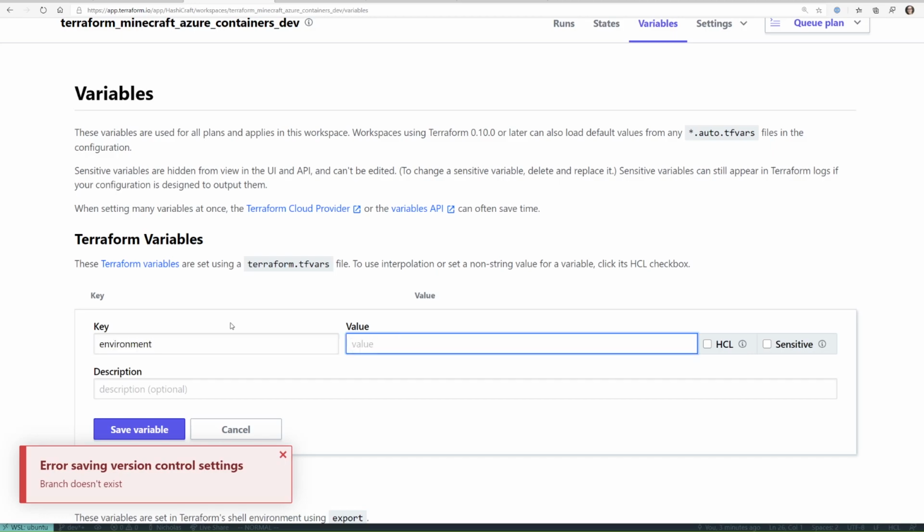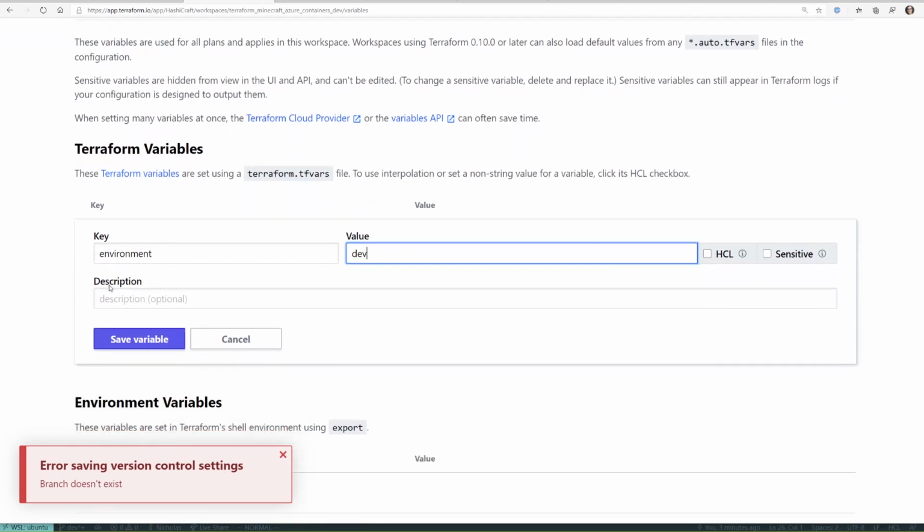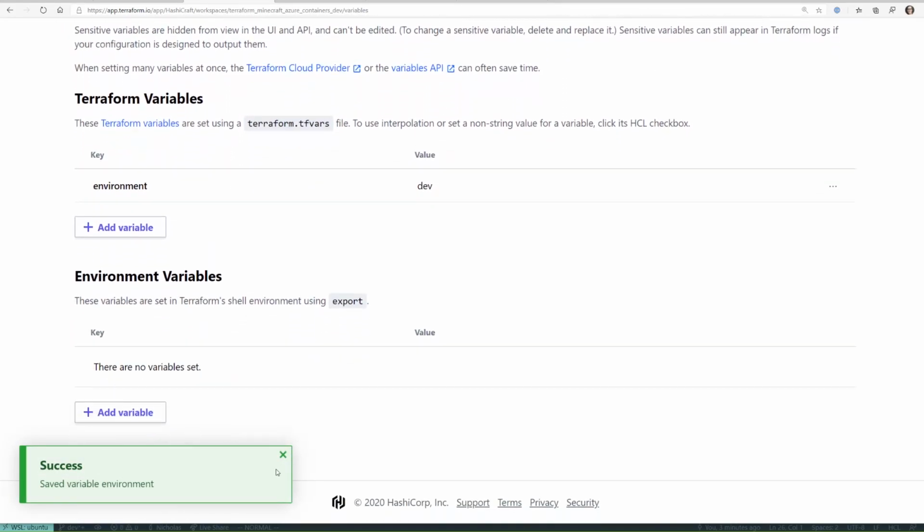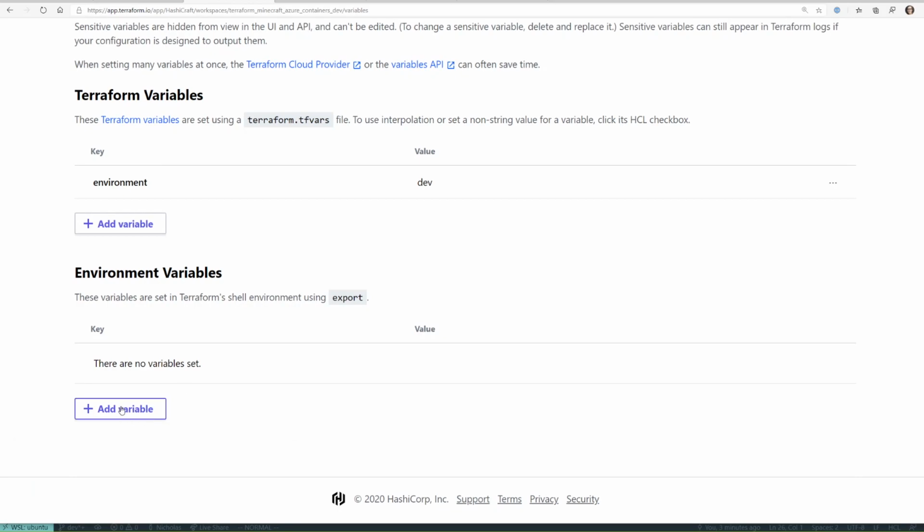Because if you remember back, what we were saying is we can't use the workspace element. We need to use a specific variable called variables. So we're setting environment. And I also need to add the environment variables for my environment, so things like the Azure keys and stuff like that.